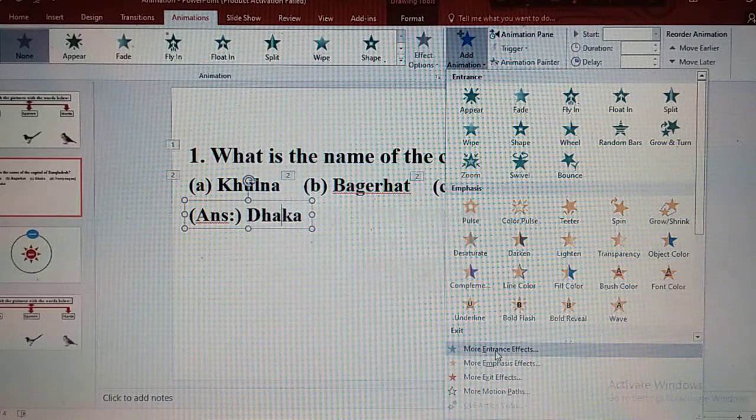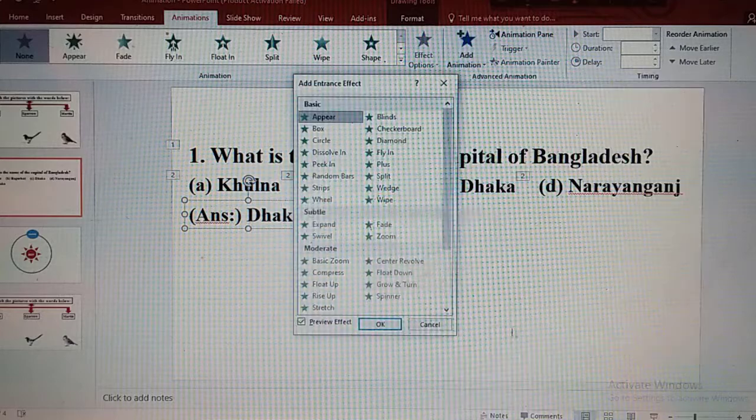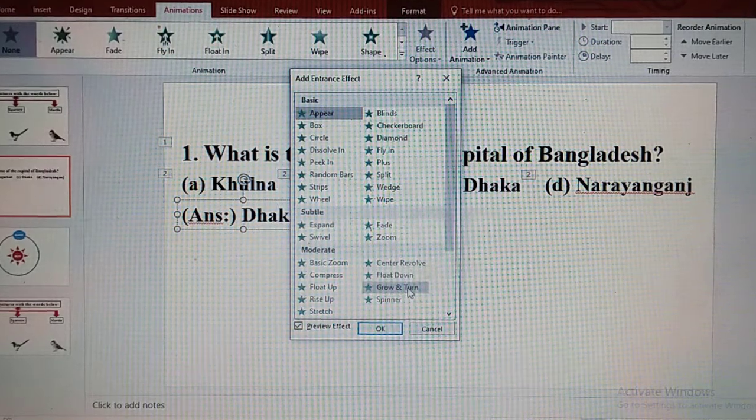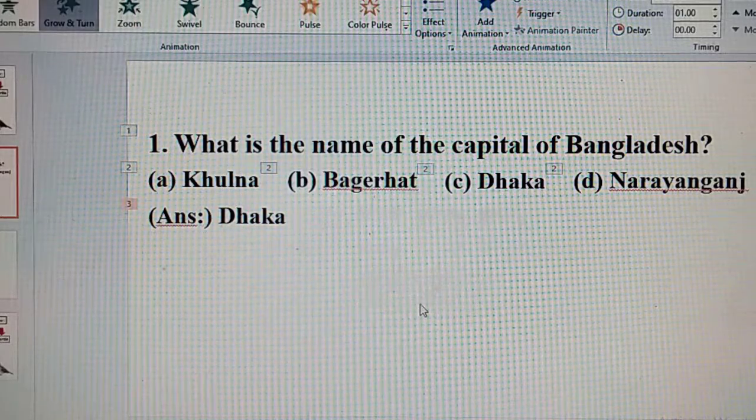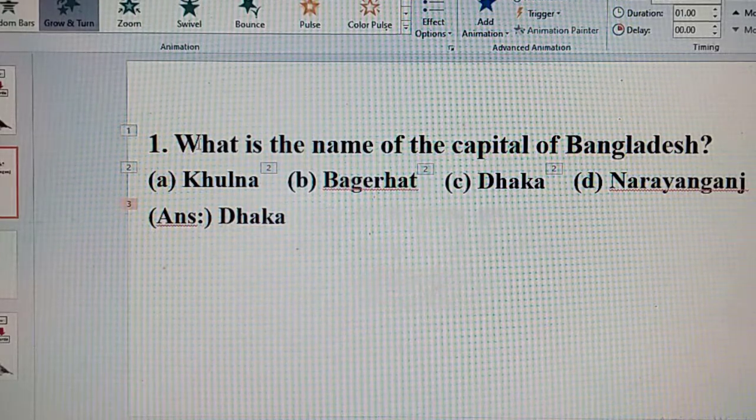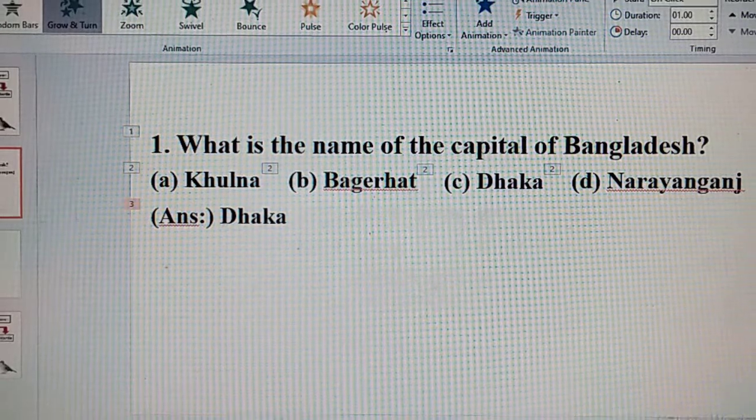Now I have clicked on more entrance effects. Now from the box I have clicked on grow and turn. At last click on OK. Now we can see the animation by clicking on the preview.